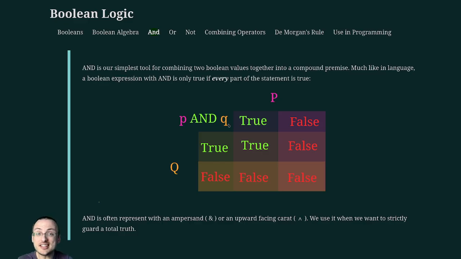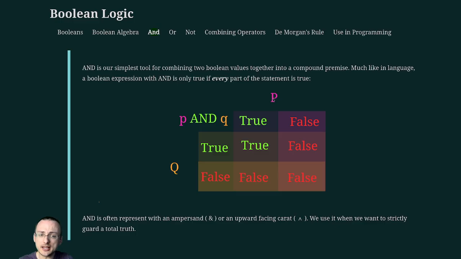The condition to see a rainbow in the sky is that it must be sunny and it must be rainy. In Boolean logic, we could represent that as P and Q, for it's sunny and it's rainy. If we want to see that rainbow, then both of these pieces have to be true. It's sunny needs to be true, and it's rainy needs to be true. This little graph I've created here is what's called a truth table. It shows us a nice, neat visual way to read these inputs and see what the result will be. So for our and here,